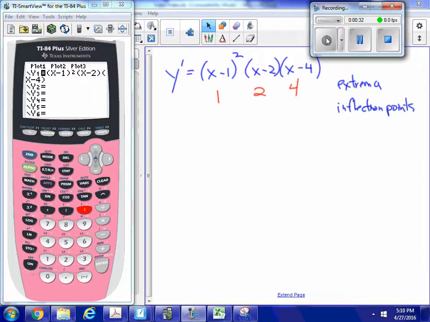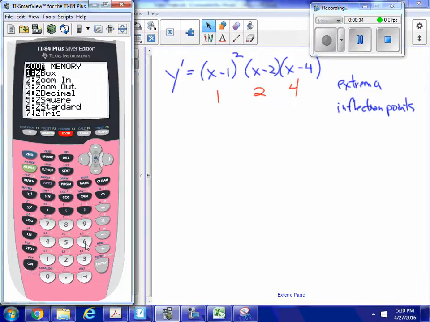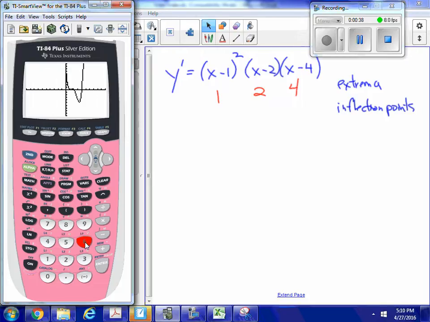I put it into my calculator. I'm going to go Zoom 6. I'm going to graph the guy. Well, I want to look at it a little bit more carefully here, because between 1 and 2 it looks a little bit sketchy. It looks almost kind of flat. So let's go